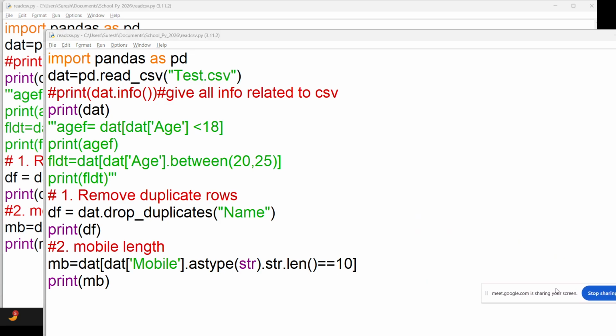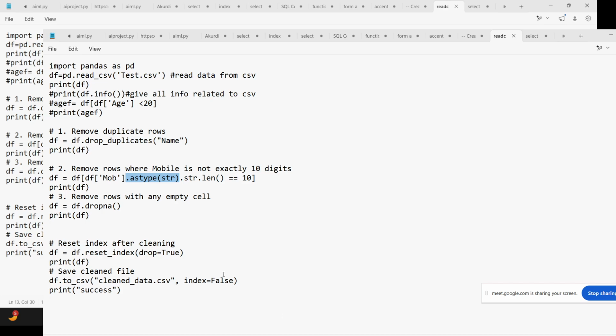So here we are having some kind of filtration. You can see that the first one we are reading all the data. The second part we can add a single condition like this. We can add two conditions also, and we can remove the duplicates. You can change the exact length of something. Fine. But from this, there is one more function called, you can see here. Sometimes it may happen that there is an empty row available